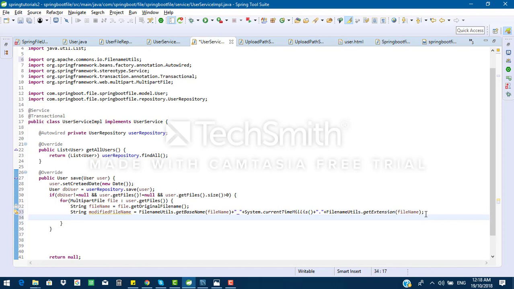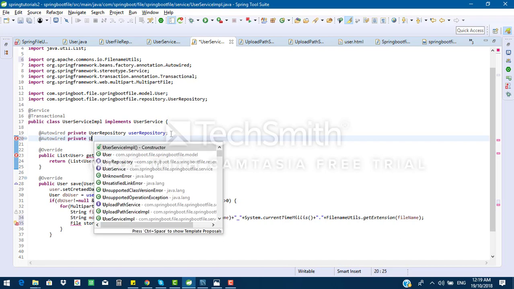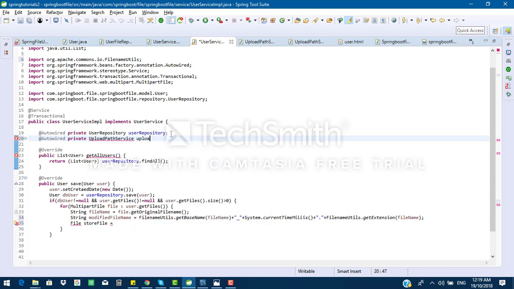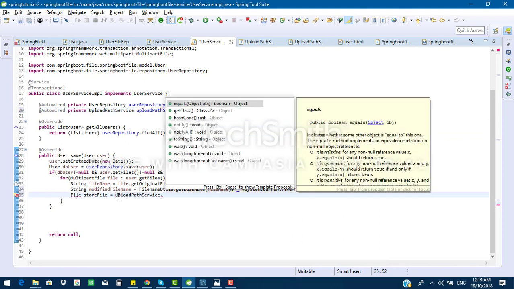Next I am going to take the file. Before I write this line, I am going to implement my upload method in the service. For that purpose, I will explain, store file I am writing here equal to. Here I am writing one more @Autowired, private FileUploadPathService, upload path service. Now I am going to write that method, upload